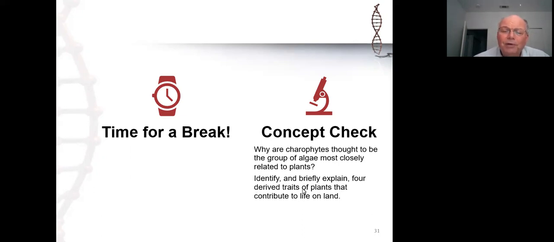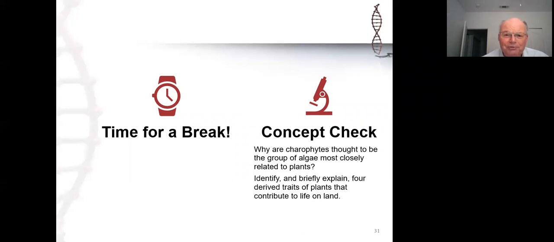Identify and explain the 4 derived traits of plants that contribute to life on land. So we had 5 on the list of derived traits that you could see in plants, but not all of them necessarily contribute to life on the land. But there are some that most definitely contribute to life on the land. So the presence of walled spores with the sporopollenin that prevents them from drying out, that's one, most distinctive. Second one is the